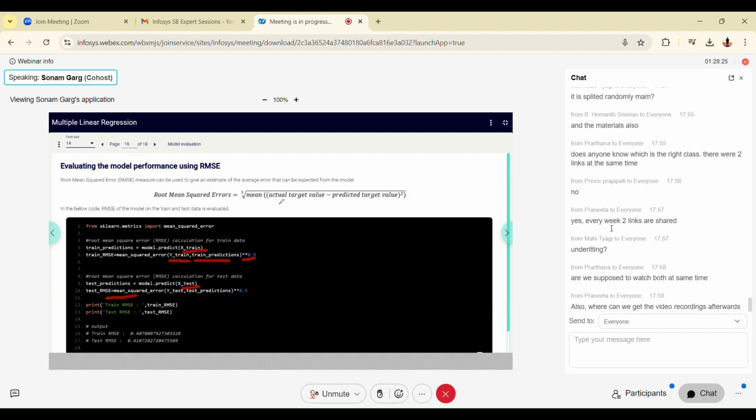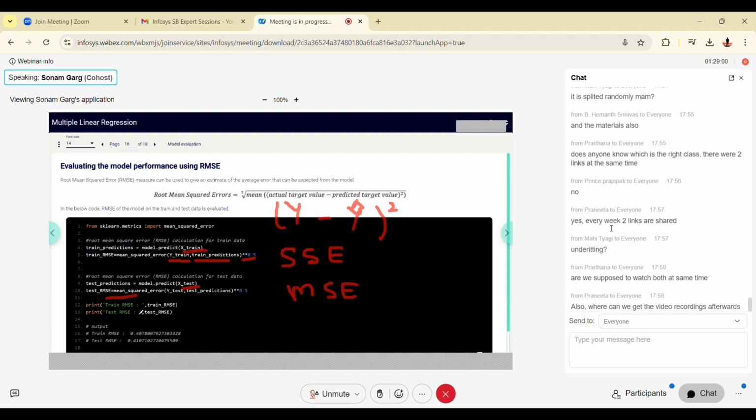We have the actual target values, that is y, and we have now y hat also. So y minus y hat is the error component. Take a square of it. We talked about it yesterday. Why do we have to square it? Because otherwise these errors get nullified. So we take the square of the errors and find the mean value of it. Earlier we were taking SSE, sum of squared errors. Here we are taking the mean of squared errors. There's a difference in the metrics. These are different metrics just to analyze the performance of the model. Instead of sum of squared errors, this time we are taking the mean of squared errors, right?